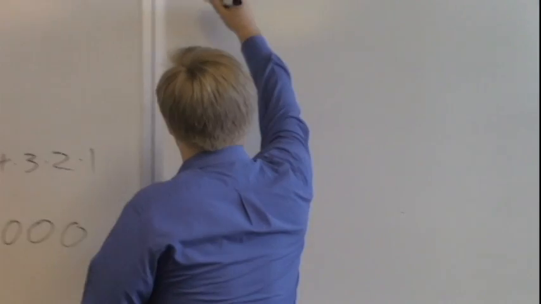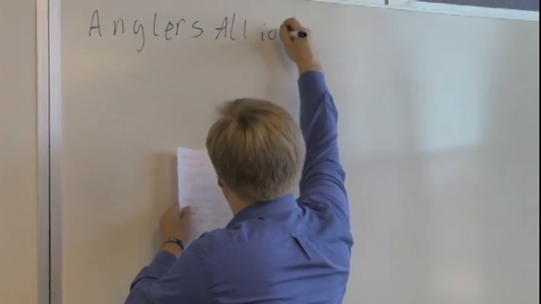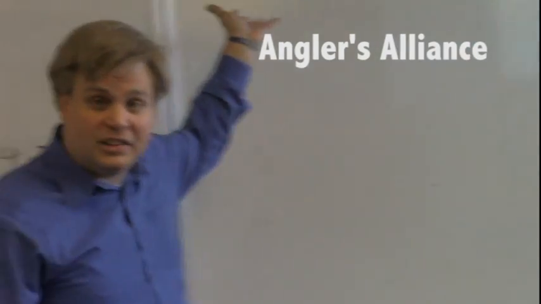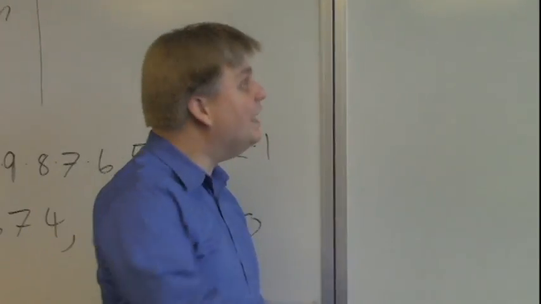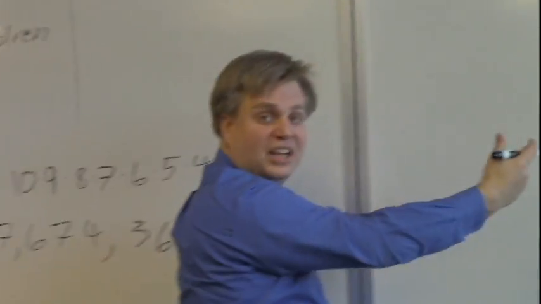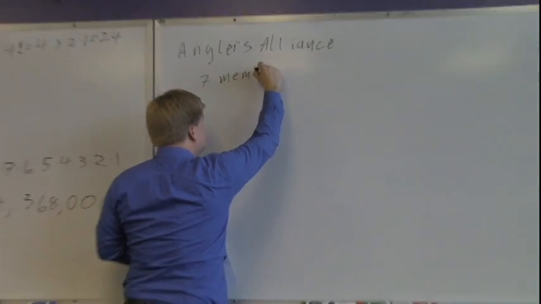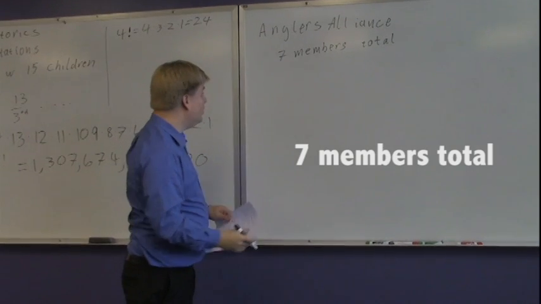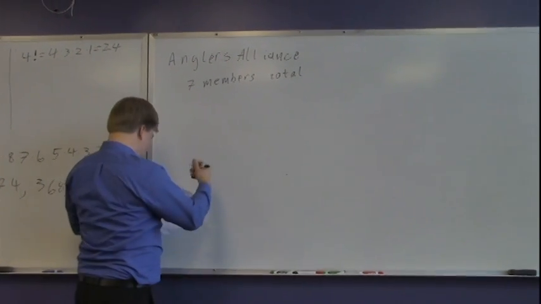Okay, so let's do another example where we're not trying to do everybody at once. This example has to do with the Anglers Alliance. That's basically a group of people who like to fish. You might have a hobby and want to join with other people with that hobby, and that's the Anglers Alliance. In this hypothetical Anglers Alliance of Manchester, just a small little group, there's 7 members total, and they want to elect